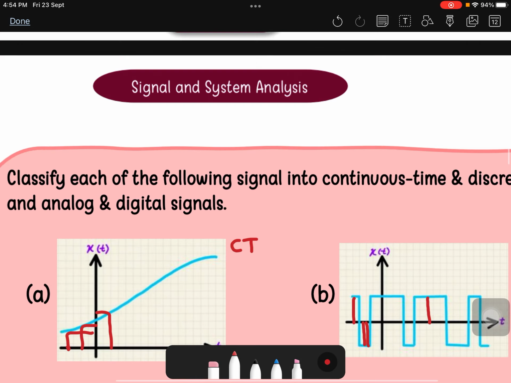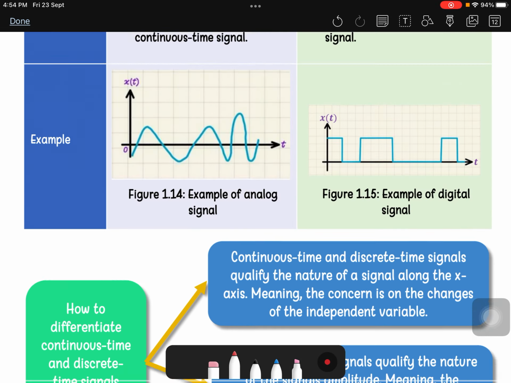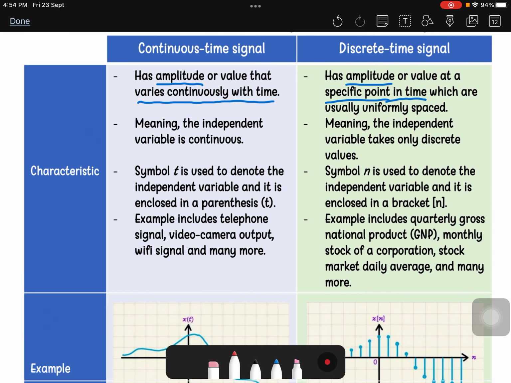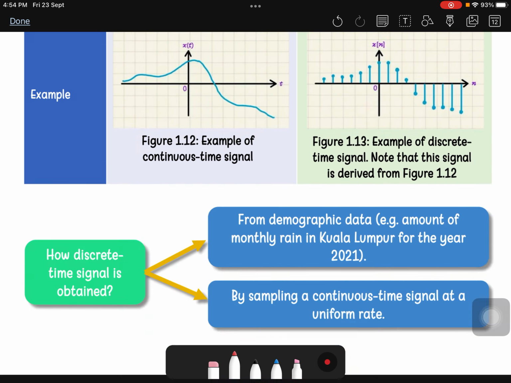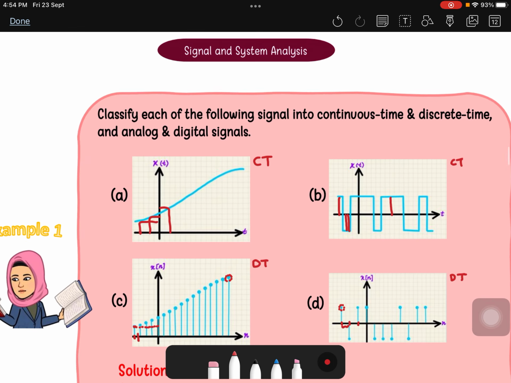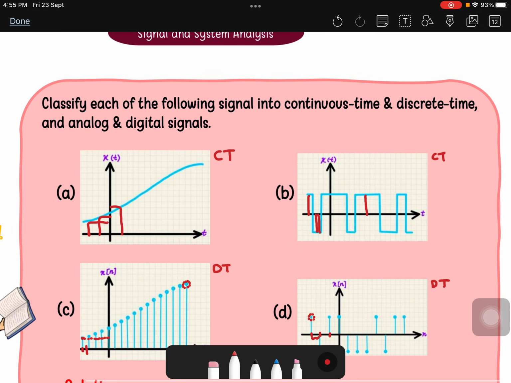So if we go back a little bit more up, for a continuous time signal, one of the characteristics is that we use the symbol t to denote the independent variable, whereas for a discrete time signal, we use the symbol n to denote the independent variable. So if you look back at our question here, we can see that